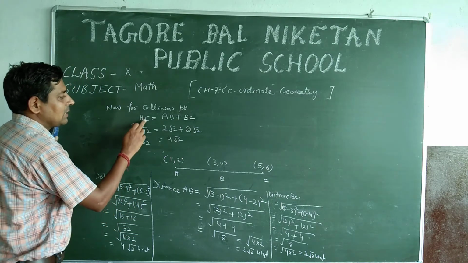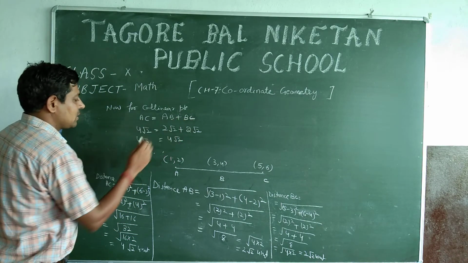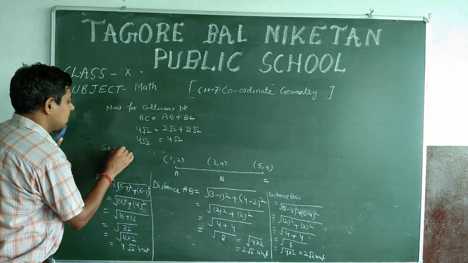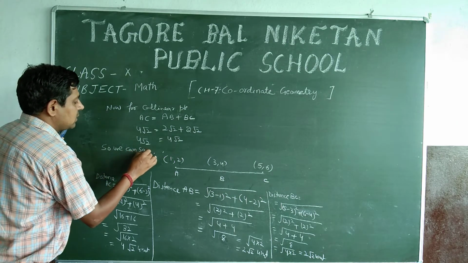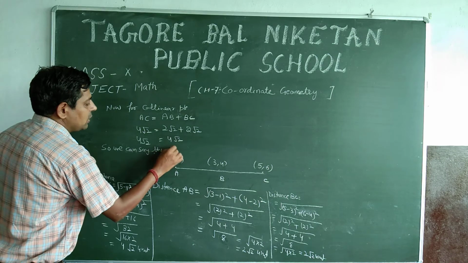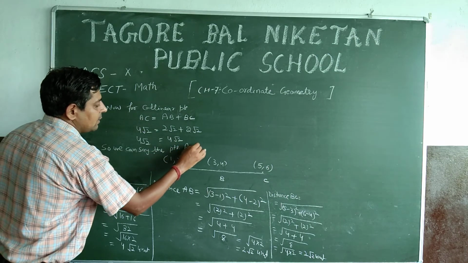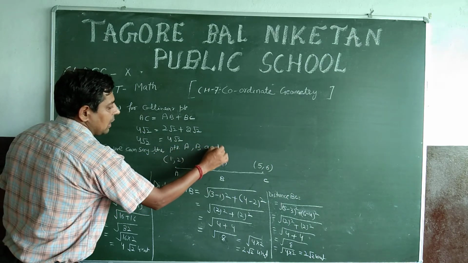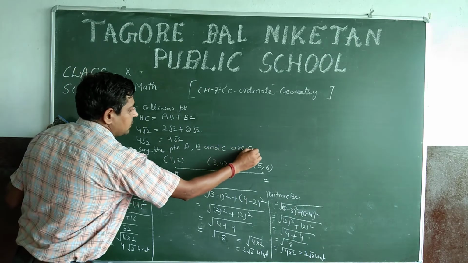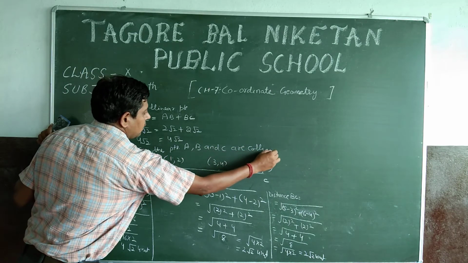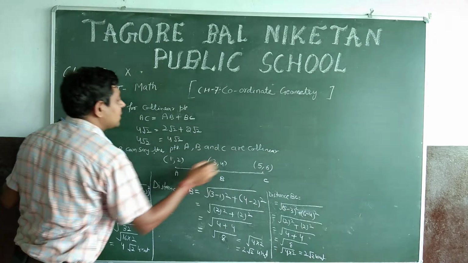So we can say that points A, B and C are collinear. If this condition is